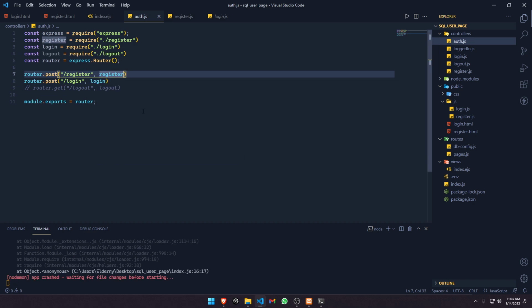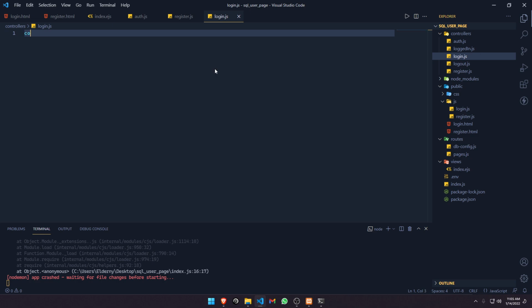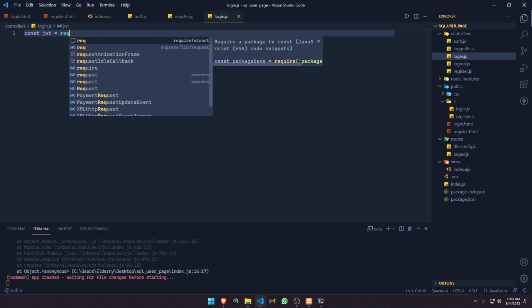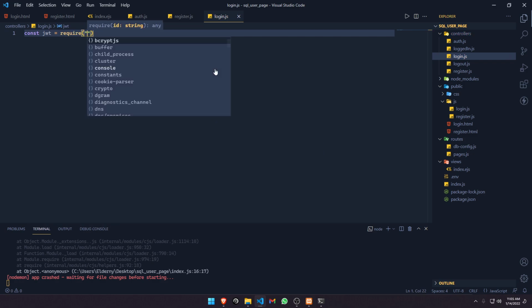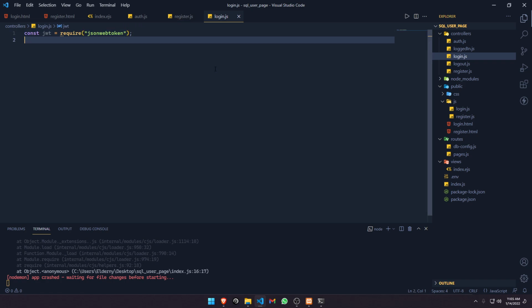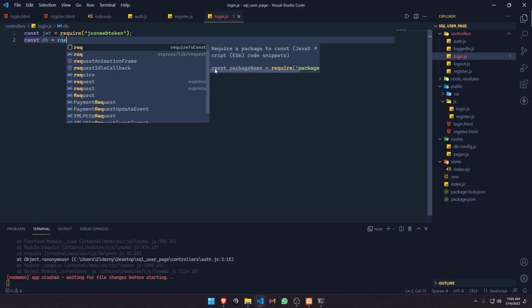So that's login. It's going to throw us an error because we don't have anything here. Now it's going to get JWT first of all. That means it's going to have the JSON web token. We're going to make a cookie in the login when the user is logged in, and we want to set it in the cookie. And we also want to get the